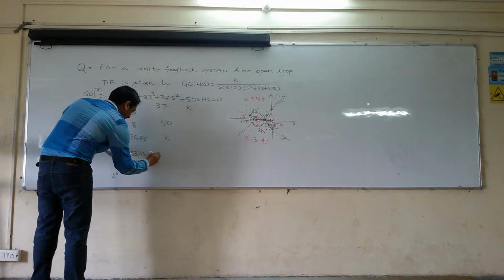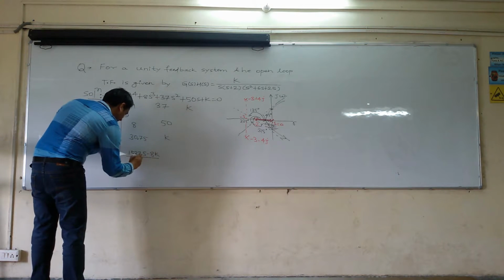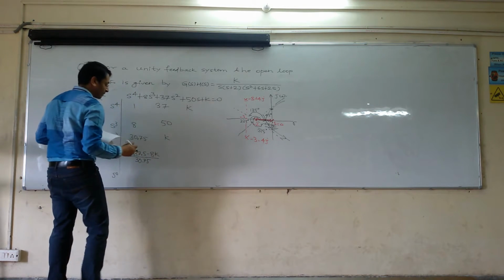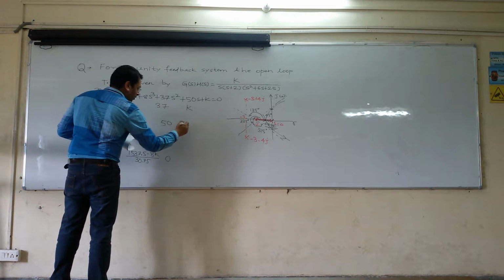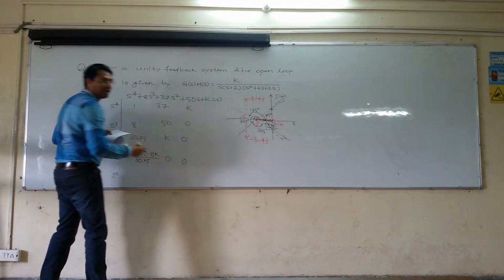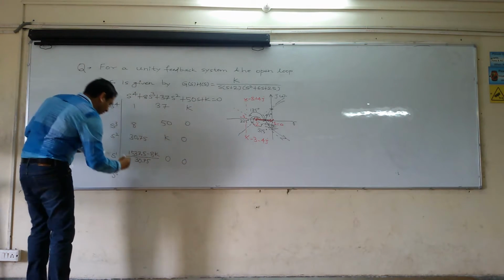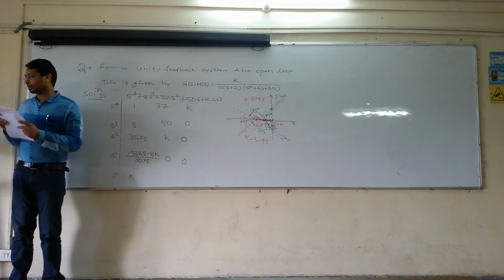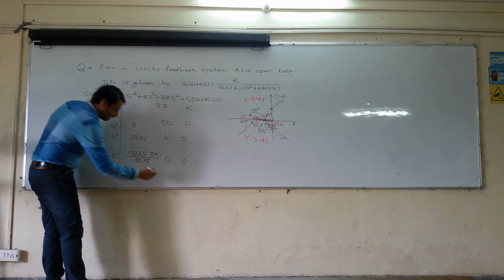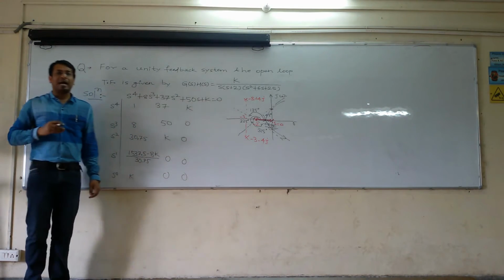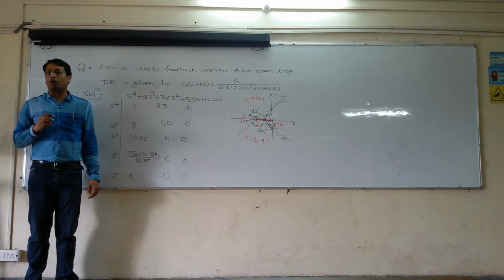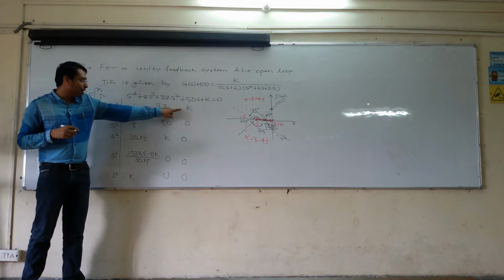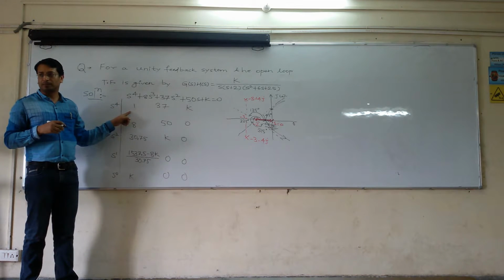Then (1537.5 minus 8k) divided by 30.75. This is equal to 0. If these values are not available, we can assume them to be 0, and this is your k. These are all 0. So you have to look for a row of zeros. By putting any value of k, is a row of zeros possible?